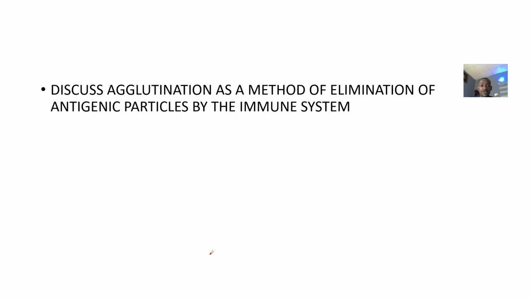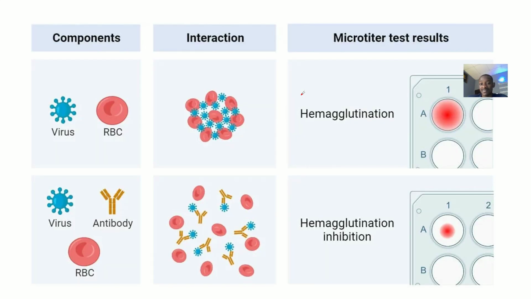So I think let's go to the main question directly. They said discuss agglutination as a method of elimination of antigenic particles by the immune system of the body. How does the immune system use agglutination as a method of eliminating antigens? So let me say if this is a virus,